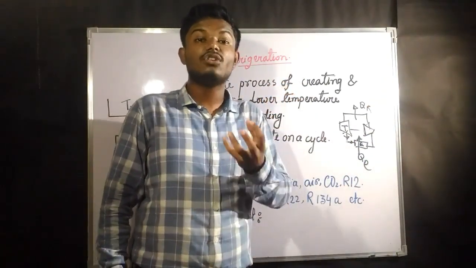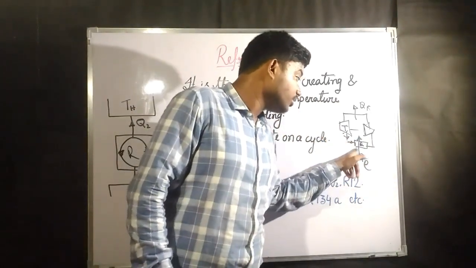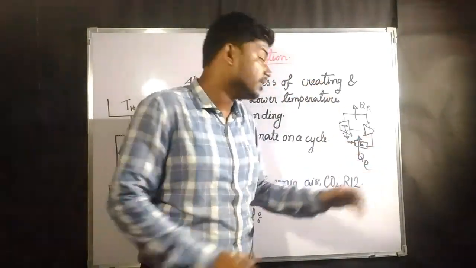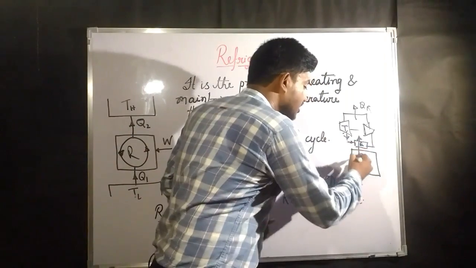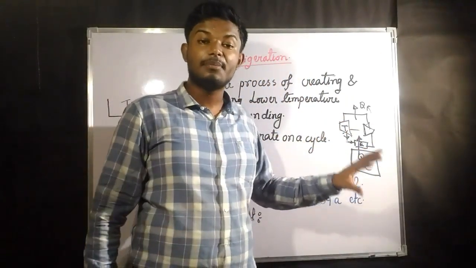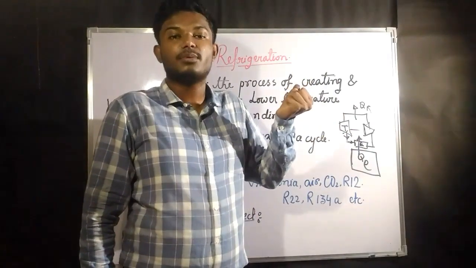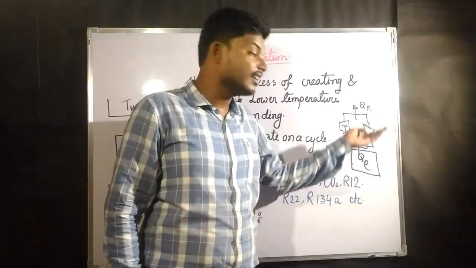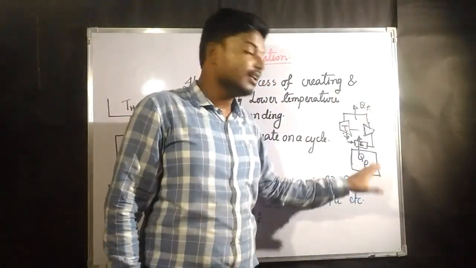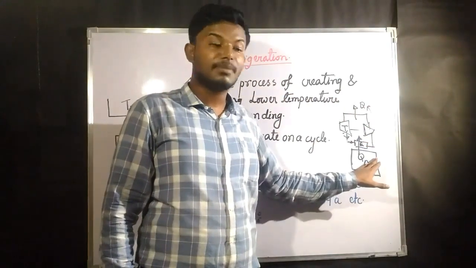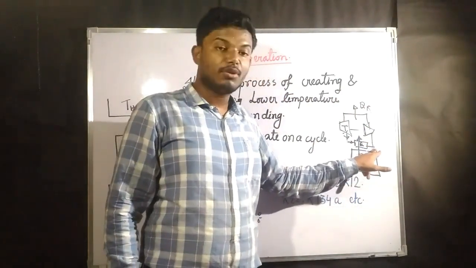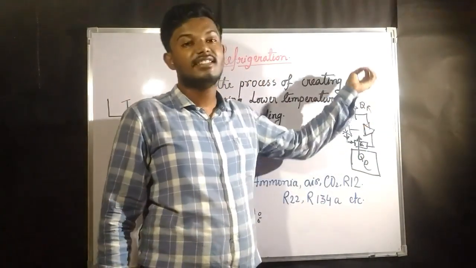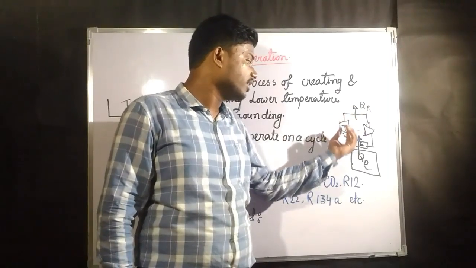During phase change there is always some latent heat. So while it is evaporating in the evaporator, it is taking the latent heat of evaporation from the space where the evaporator is kept, and due to this, heat is continuously being rejected by the space where we are maintaining the temperature. The vapor coming out from the evaporator is passed through a compressor. After that, the heat is rejected, and then it is again expanded through a turbine, and in this way